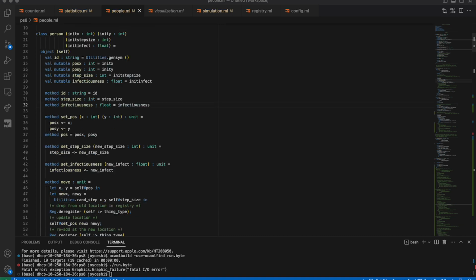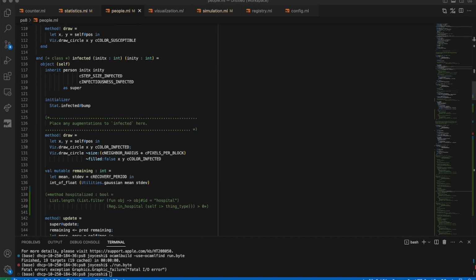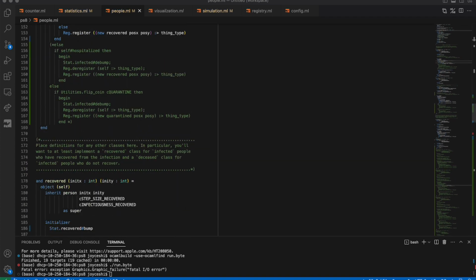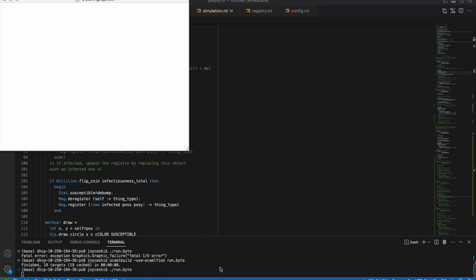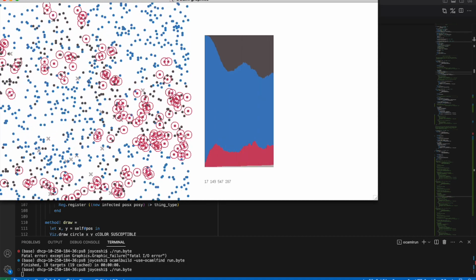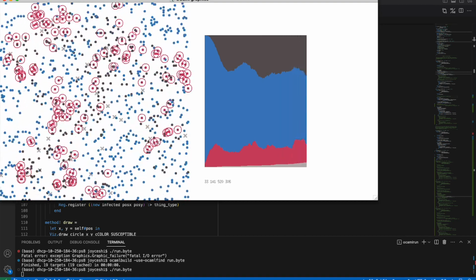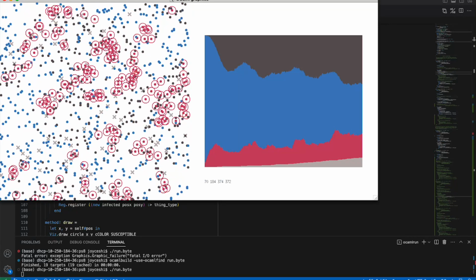First, I'm just going to run the basic foundational part of this problem set, which was implementing the infected and the deceased classes here. So that's what I'll do now. And you can see here that in the dark gray is the recovered, the blue is susceptible, red is infected, and then the light gray, which are the small x's here, are the deceased. And there's a lot of oscillation between the susceptible and the infected,